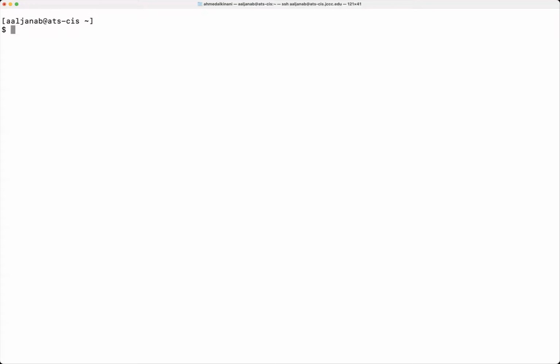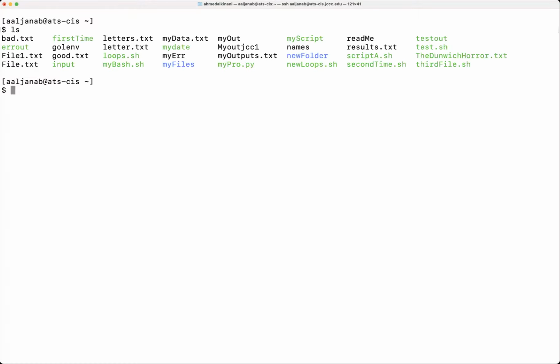Now let's talk about standard inputs. With the standard inputs, again, if I go and type sort, and I can put a file here, or let's just use the wc, and I will say, let me list the files. I'm going to go with new loops. Okay, I want something a little bit shorter. So let's say test out, cat test out. It's empty. Let's say cat results.txt.